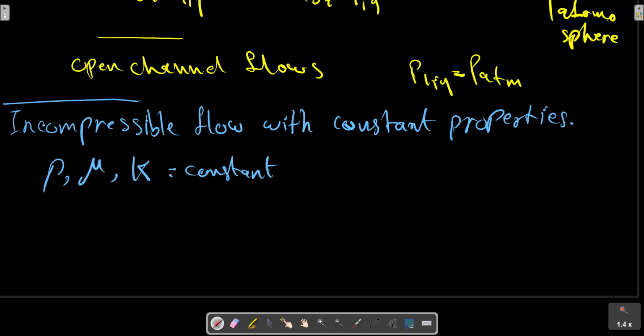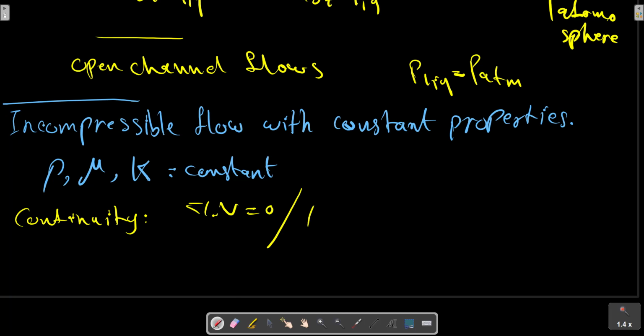That is the basic simplification of the basic equations of motion, and the three basic equations of motion: continuity, momentum, and energy will be reduced. First, continuity. In the case of density constant, the density part vanishes and we have this relation for continuity,